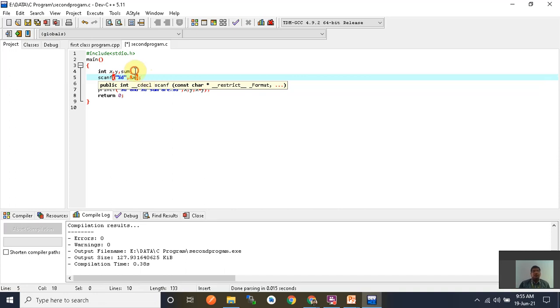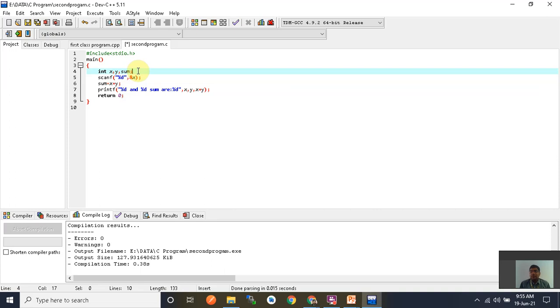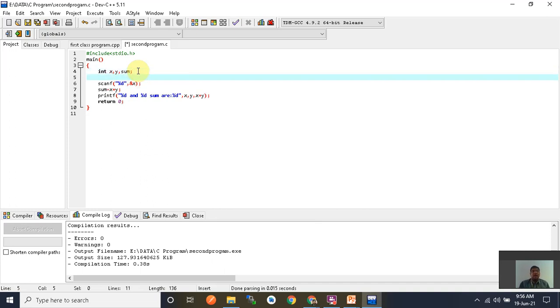But when we read any value, first you print some message for the user that asks for some value. If the user doesn't know what to do in the program, because no message is there, so for that I print a message for the user.